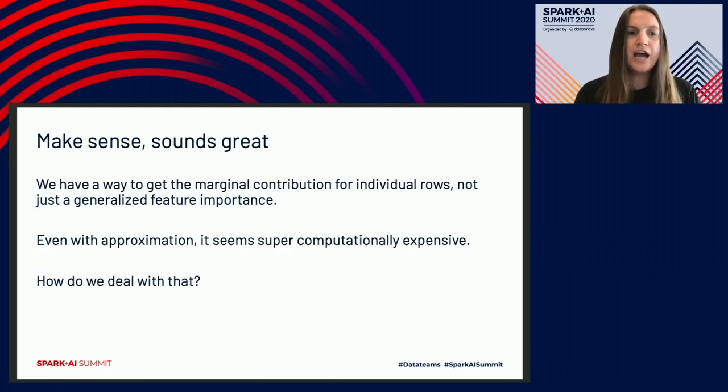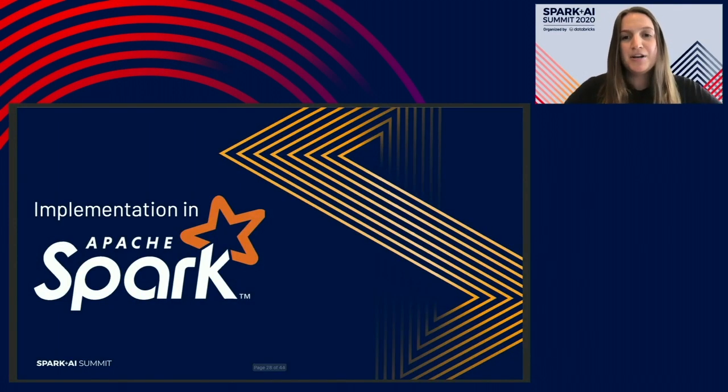So sounds good. We have a way to get the marginal contribution for individual rows, not just generalized feature importance. But even with approximation, it seems super computationally expensive. So how do we deal with that? And to answer that, I'm going to say Apache Spark and pass it along to Sheng to explain how we